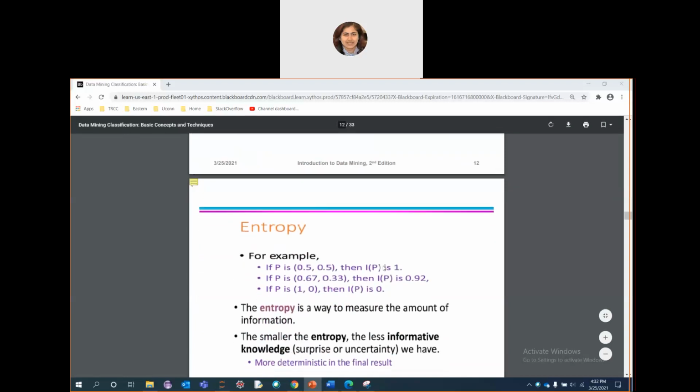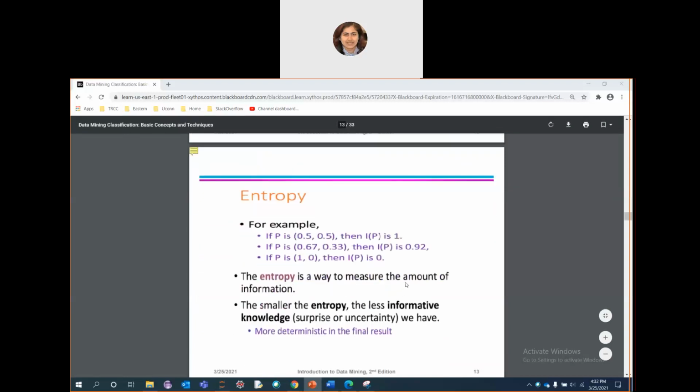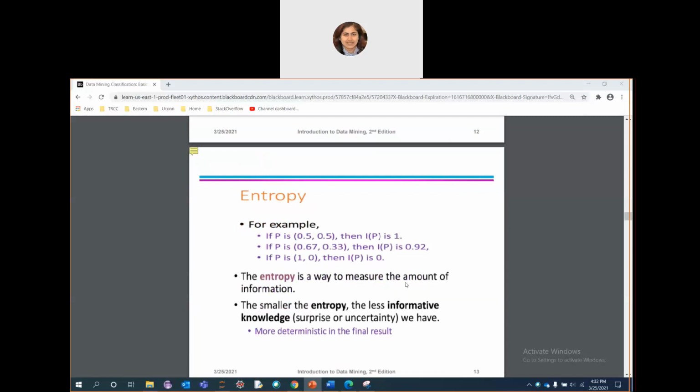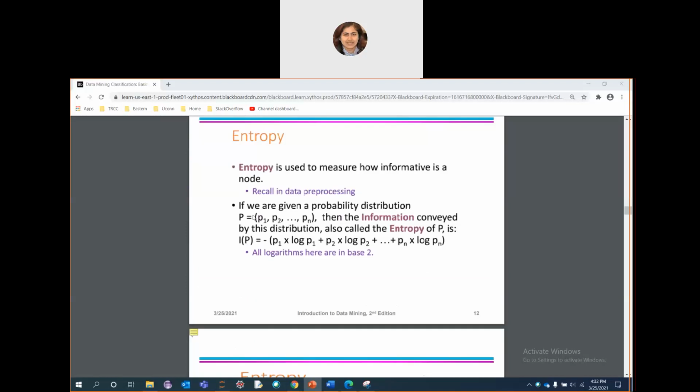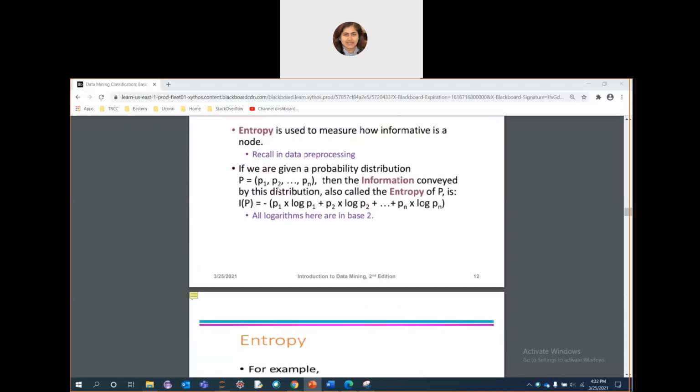Let's see some examples now. For entropy, as you saw in the example, suppose multiple probabilities are